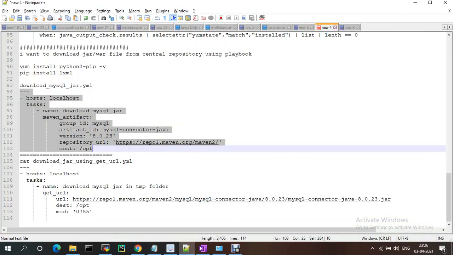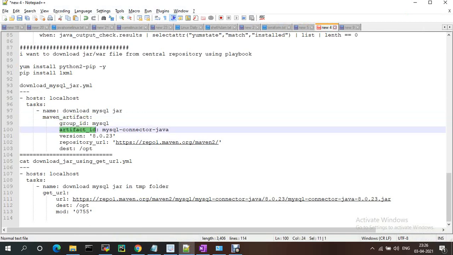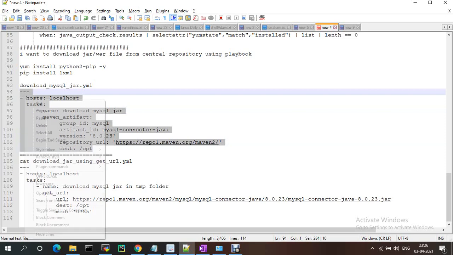So here also Maven Artifactory, group ID, artifact ID, the repository URL and the destination. Suppose I wanted to download the SQL jar file from the Maven repository. Same like if you have a Nexus, you just need to provide the Nexus URL and username, password, and where you want it to be downloaded.